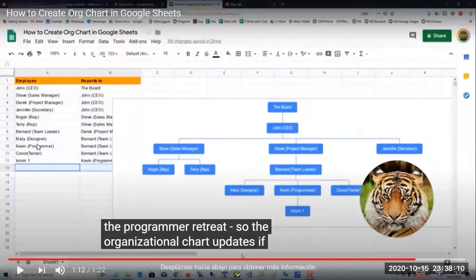Okay, so that's how you do it in Google Sheets or in Excel in Google. Extremely easy, right? So very important that you do this, like on the left column or A, in this case, you write the employees. So here you have all the employees. And on the right, or B column, you're going to write down the bosses or who they report to.